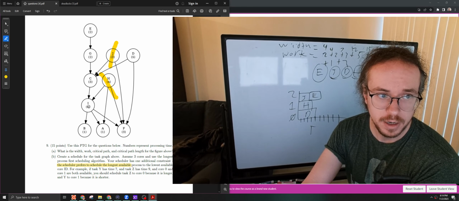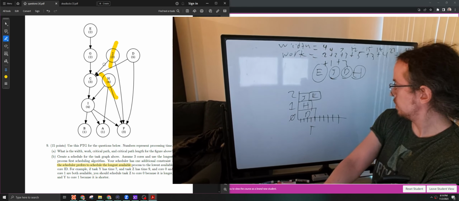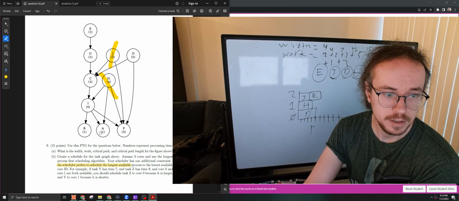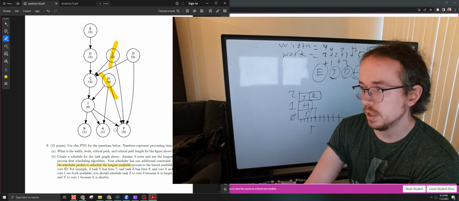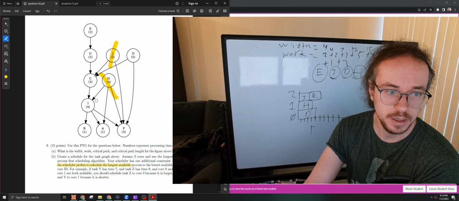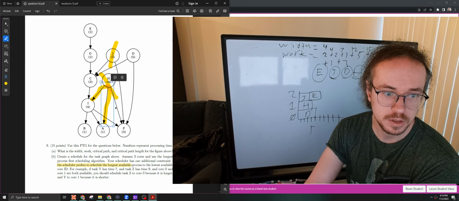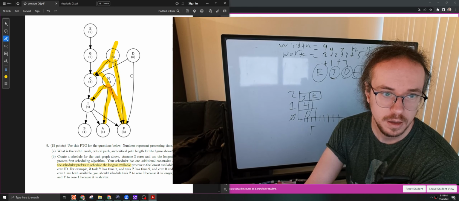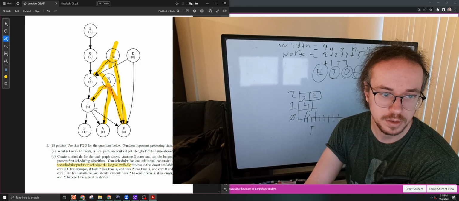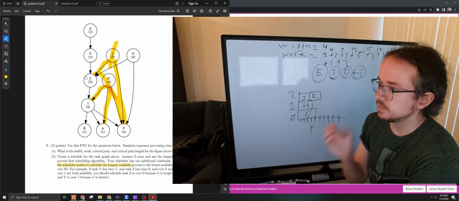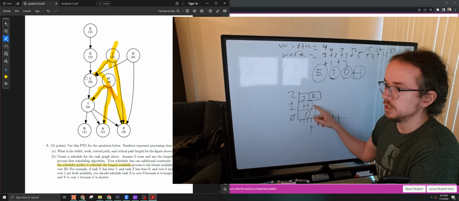H's children, I and F and A all have more dependencies, so that doesn't help us. We're still waiting on, even though this is cleared up, this is cleared up, this is cleared up, this is cleared up, this is cleared up. This D still exists, this I still exists. We've almost cleared up C though. And so the next event to happen when H finishes